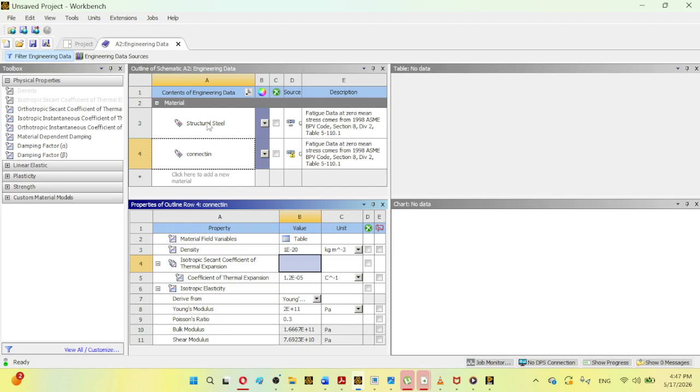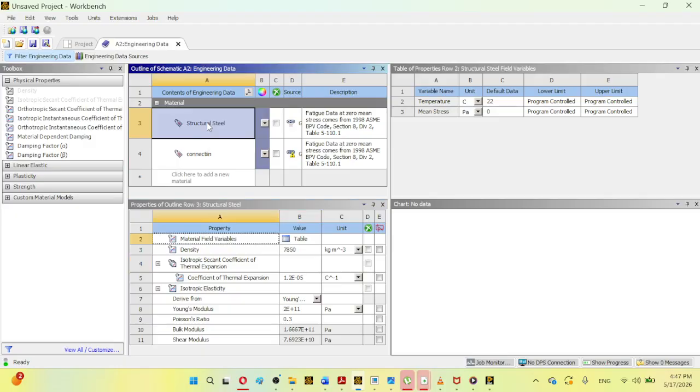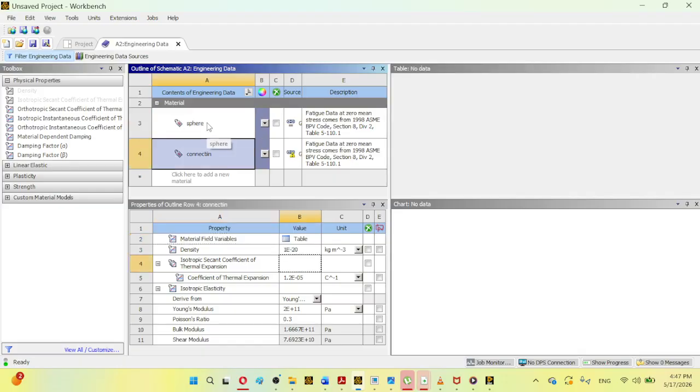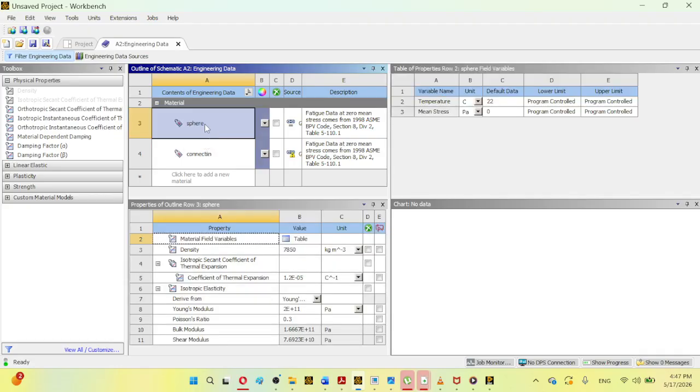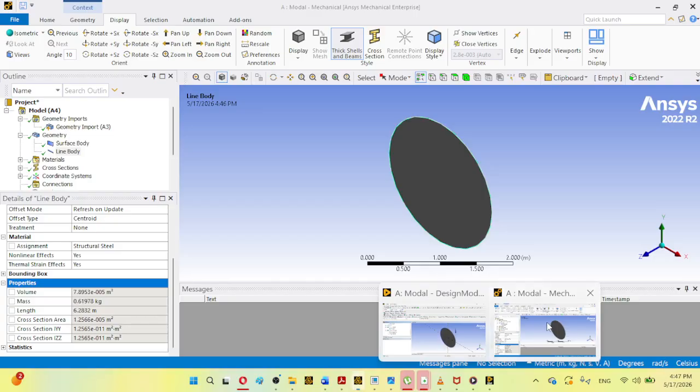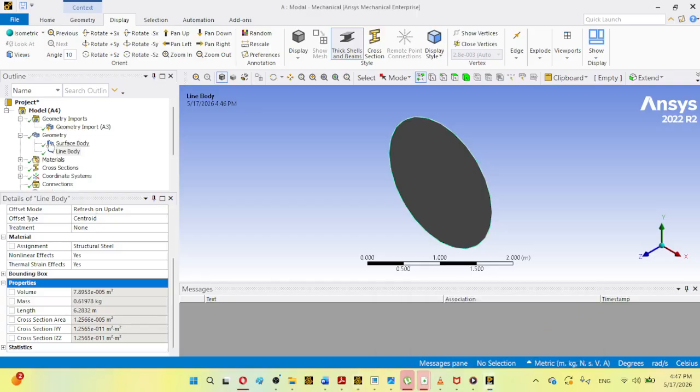And for this you can rename it to be, for example, sphere, or you can say wheel. And give it, if you want its mass to be 1 kilogram, because we have used